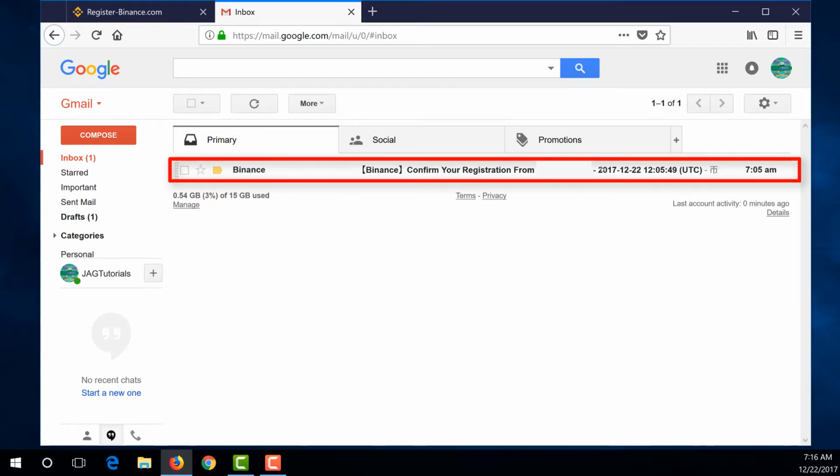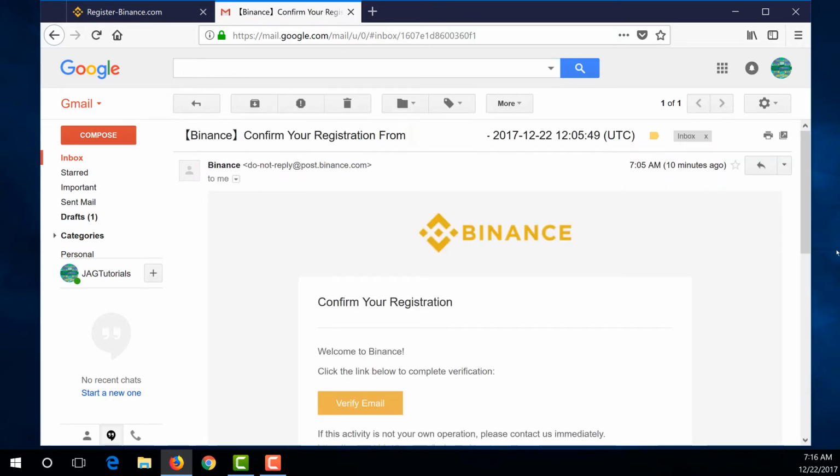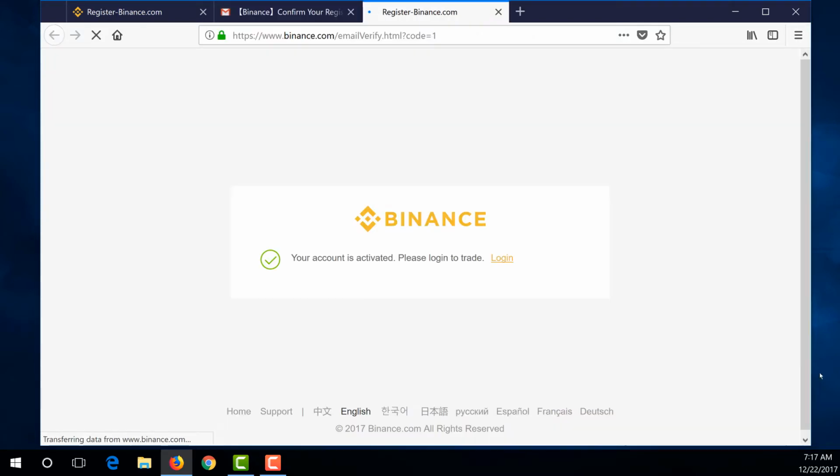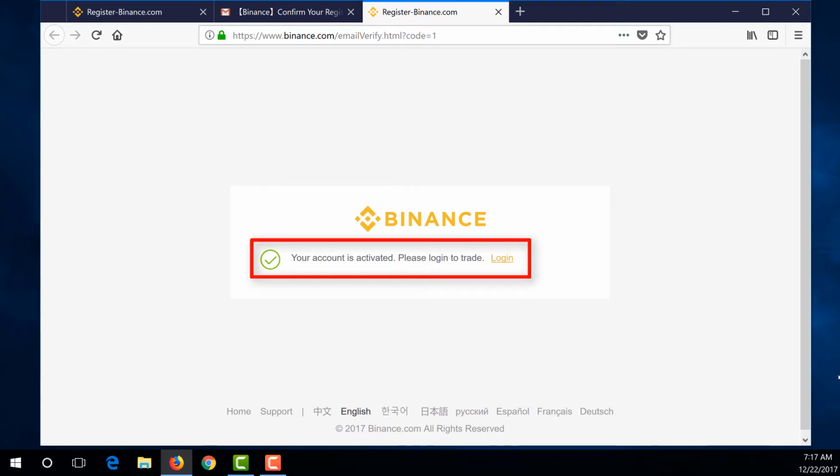Select it to open it. If it's necessary, scroll down and then select the Verify Email button. If everything went well, you should see your account is activated. Select the login link.